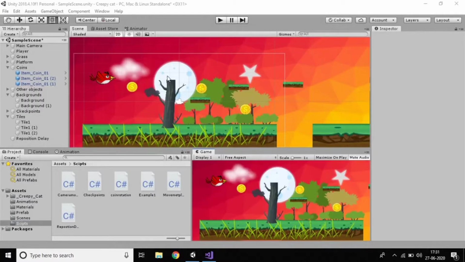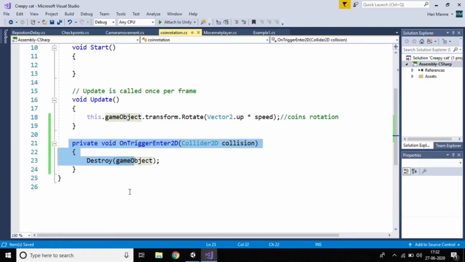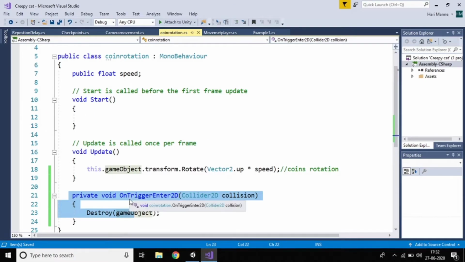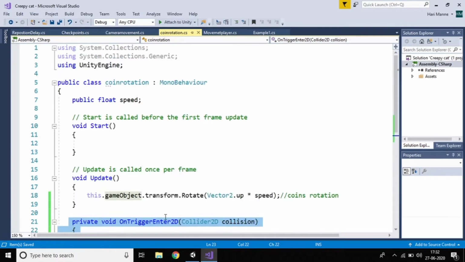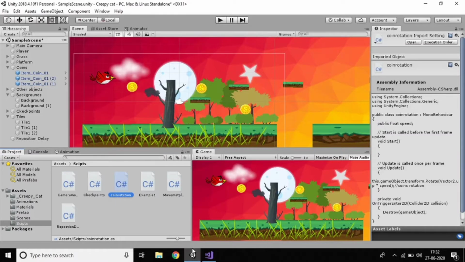In the previous video we saw how to collect the coins. So in this video we want to display the score in our game window, right? If you haven't seen it, the link is in the description. You can find that video on how to collect the coins. It's a very simple task. And now I want the score to be displayed here, right?